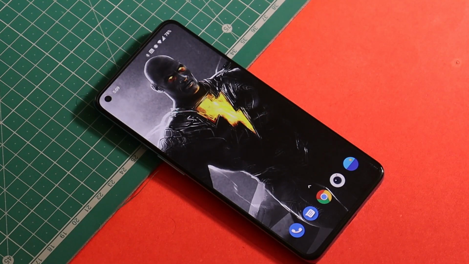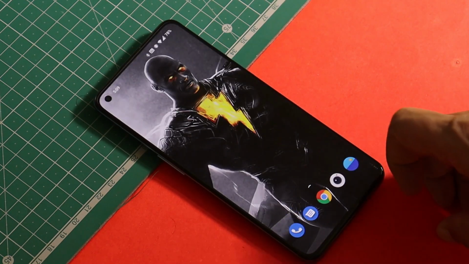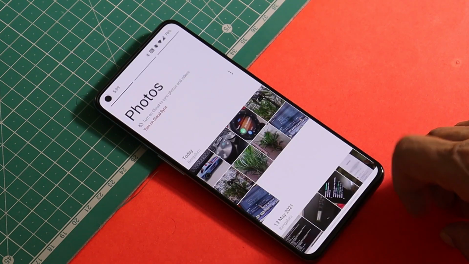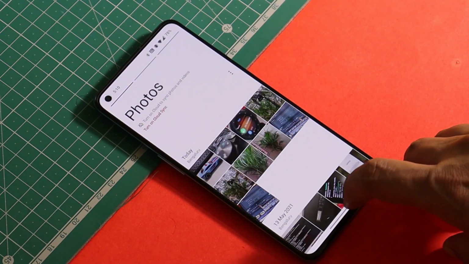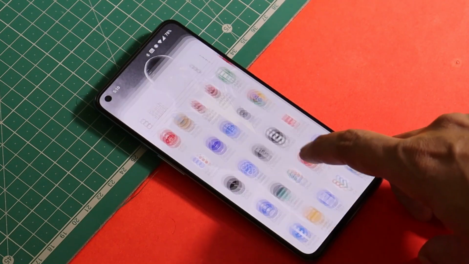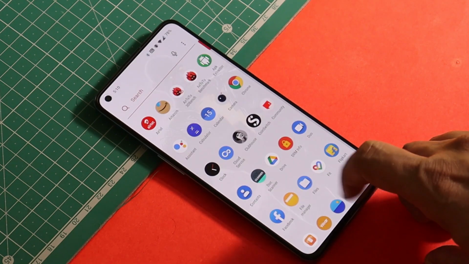So I checked out all the comments on a previous video when we got this Oxygen OS new update for OnePlus 9 series, and one of the major issues people have been reporting is related to the gallery. It's been a long time since OnePlus rolled out Android 11 for OnePlus devices, but still the gallery application is not optimized well. It takes a little bit of time to load the photos whenever we open the application. And this has already been fixed on OnePlus 8 series running the beta channel, but hasn't been fixed on OnePlus 9 series. Also OnePlus 8 series have got the FPS meter on beta builds, but that feature is not available on the latest series of OnePlus, which is OnePlus 9 series.